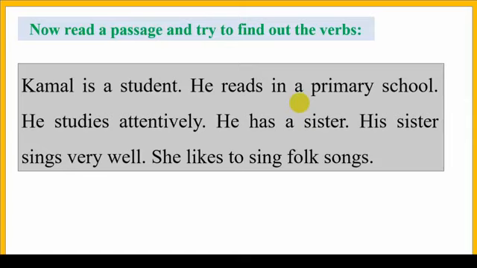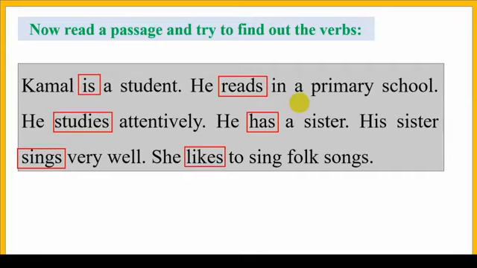Look, the first sentence, Kamal is a student. Here is is a verb. He reads in a primary school. Here reads is a verb. He studies attentively. Here studies is a verb. He has a sister. Here has is a verb. His sister sings very well. Here sings is a verb. She likes to sing folk song. Here likes is a verb. Now you are able to find out verbs. Dear students,